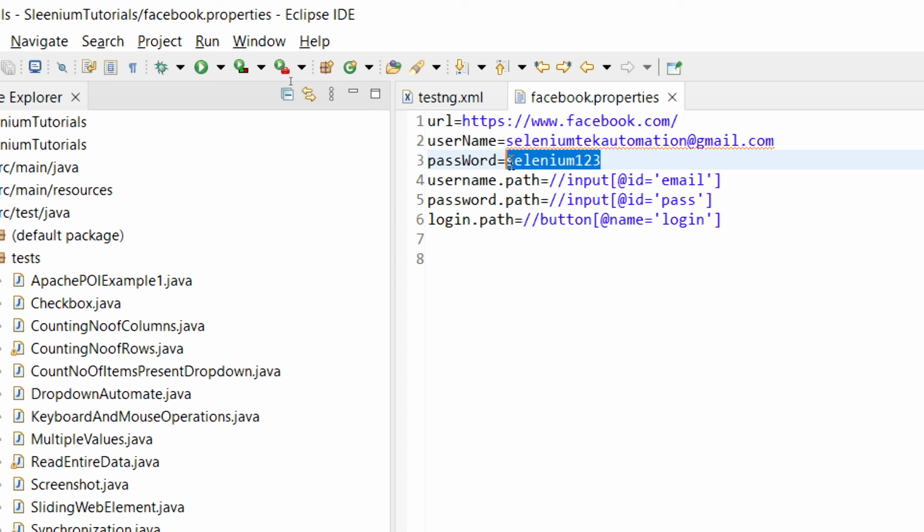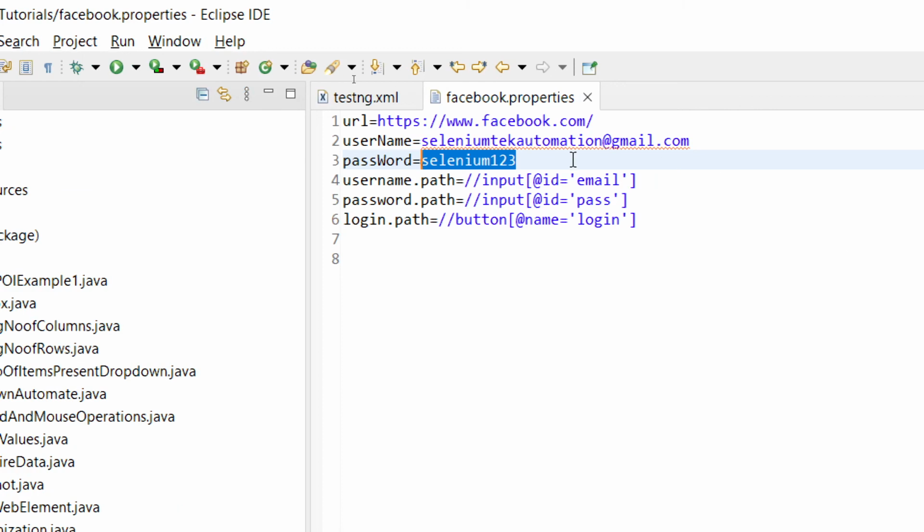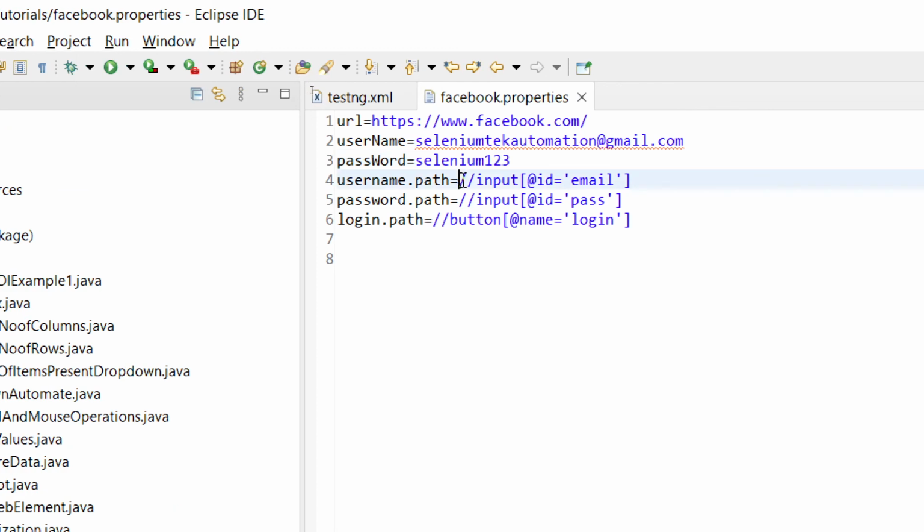So as I told, if you got a new build, you no need to touch your script, you can just go and update your XPaths based upon the new build you received. So in that case, I don't want to go back and change that XPath every time. I can just come to this properties file, inspect that web element, and simply change it here only, instead of going to your script and changing there.